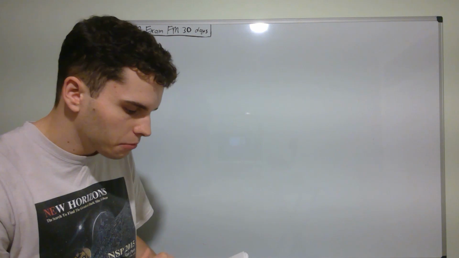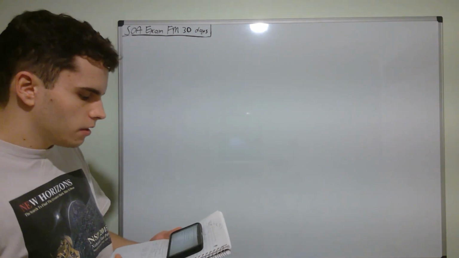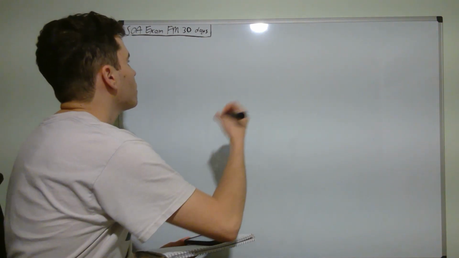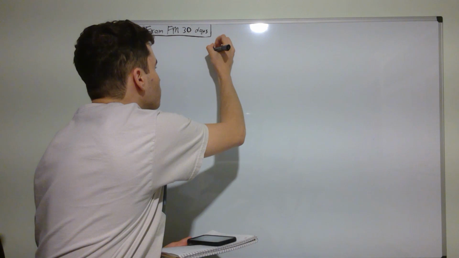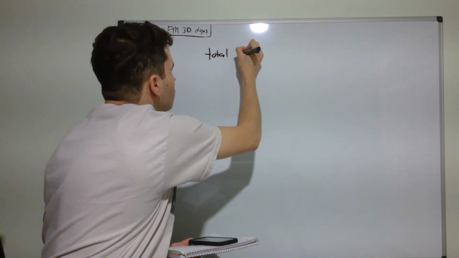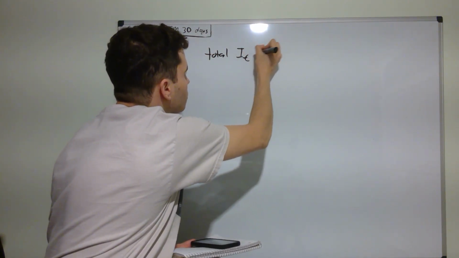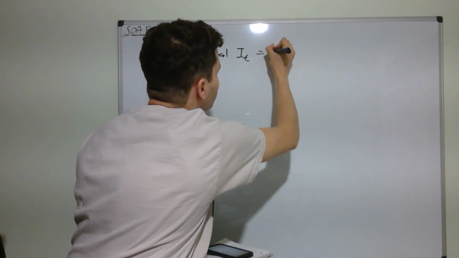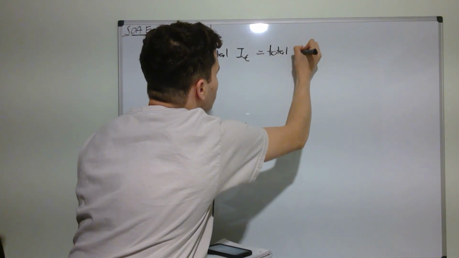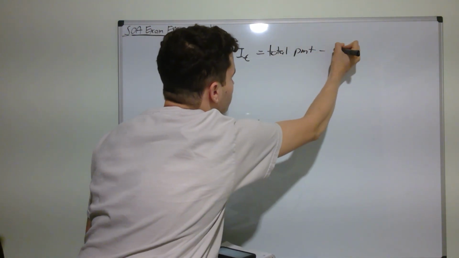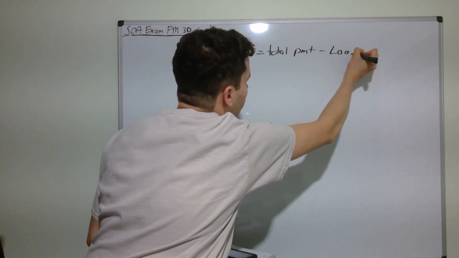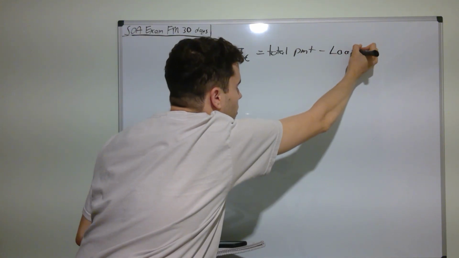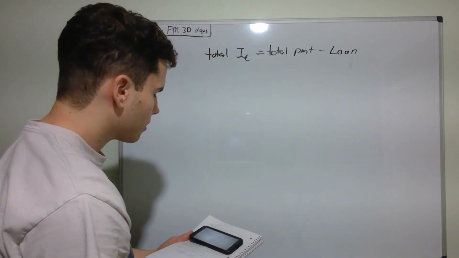So just after reading the initial problem, an idea pops into my head right away: the total interest at time t equals the total payment minus the loan. Total payment minus the loan. I'll write that up for you guys. Okay, given this and the equation that's given to us, we can write down